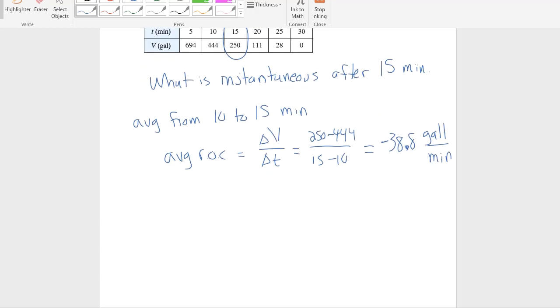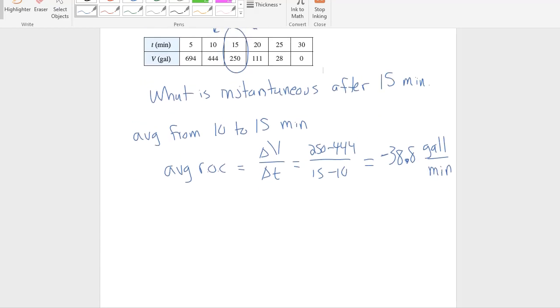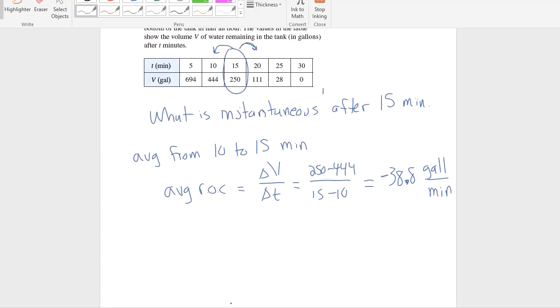All right, so let me scroll here a little bit and let's see what that looks like, right? So we're going to follow the same process. So let me change language a little bit here. So I'm going to say the average rate of change over the interval from 15 to 20 minutes. So that average rate of change